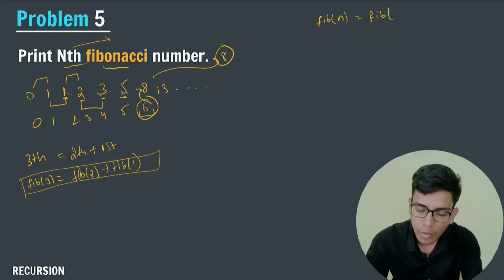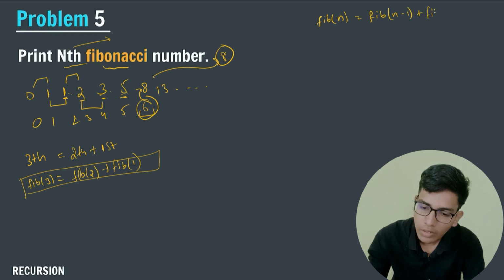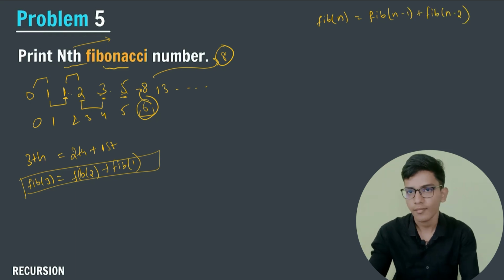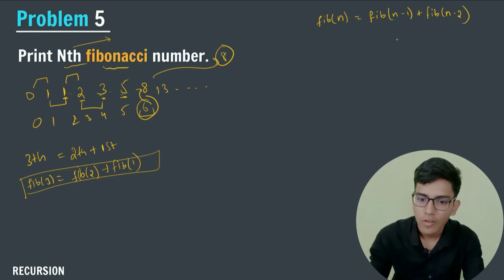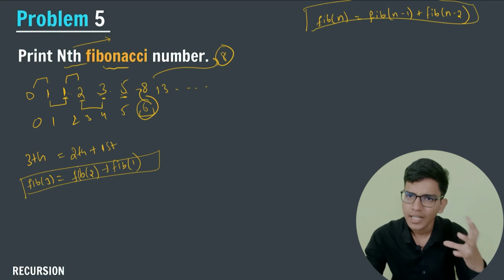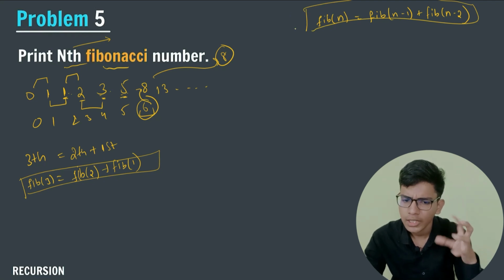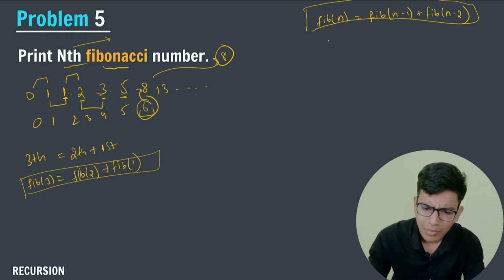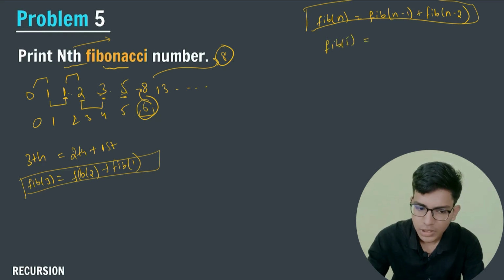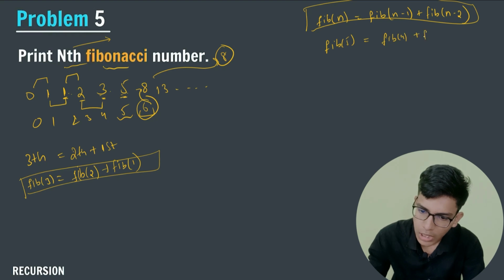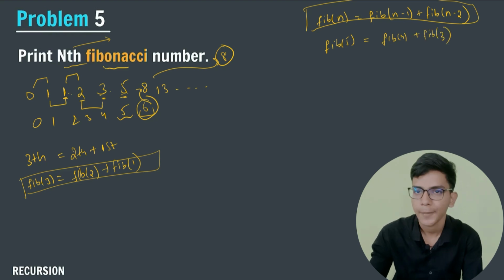So can I write that Fibonacci of n is equal to Fibonacci of n minus 1 plus Fibonacci of n minus 2, right? Okay. This is the formula for finding the Fibonacci of the nth number. Imagine my recursive function. Let us consider an example: Fibonacci of 5, the fifth term, is equal to Fibonacci of 4 plus Fibonacci of 3, that is n minus 1 plus